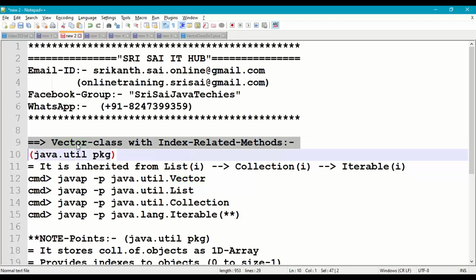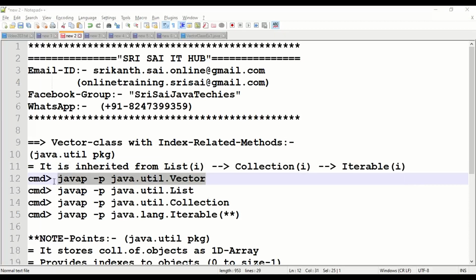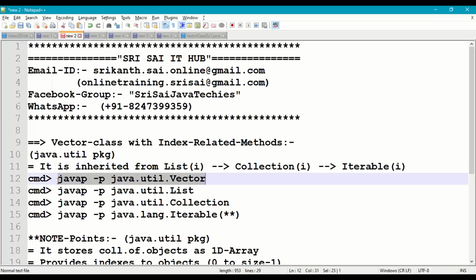So now coming to the vector class. How to use the vector class with index related methods. First of all, the vector class is available in the java.util package, and this class is inherited from the list interface. The list interface is inherited from the collection interface, and the collection interface is inherited from the iterable interface. Right. So if we see the description of this class, javap